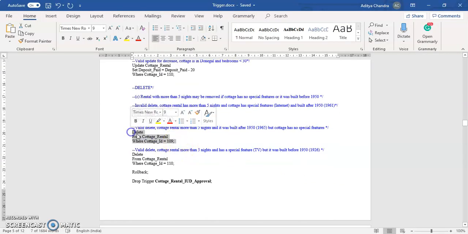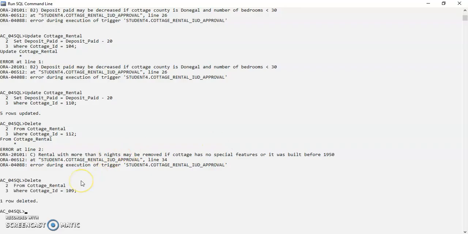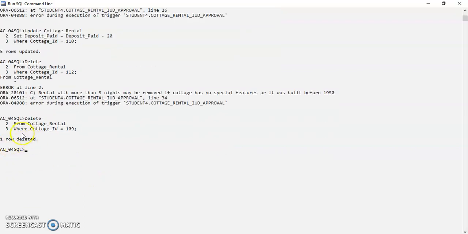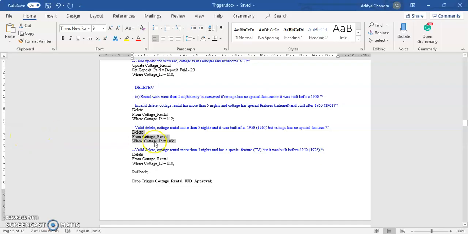Now here we're trying to delete a record where the cottage was built after 1950 but it has no special features. So one criterion passes. So we should be able to delete. As we can see here, one row deleted. In the next condition, we are trying to delete a record with rental more than 5 nights where the cottage was built before 1950.